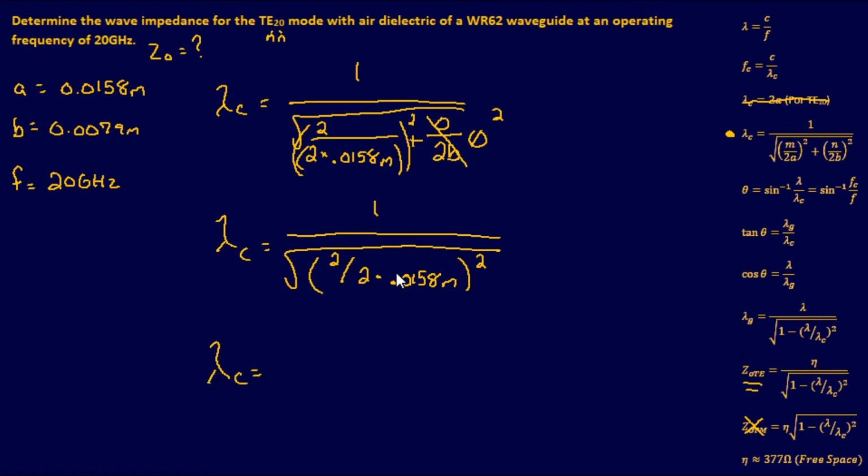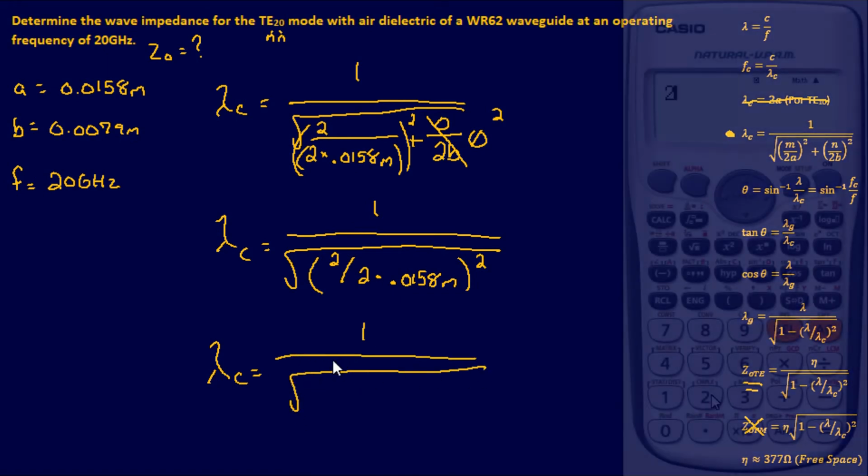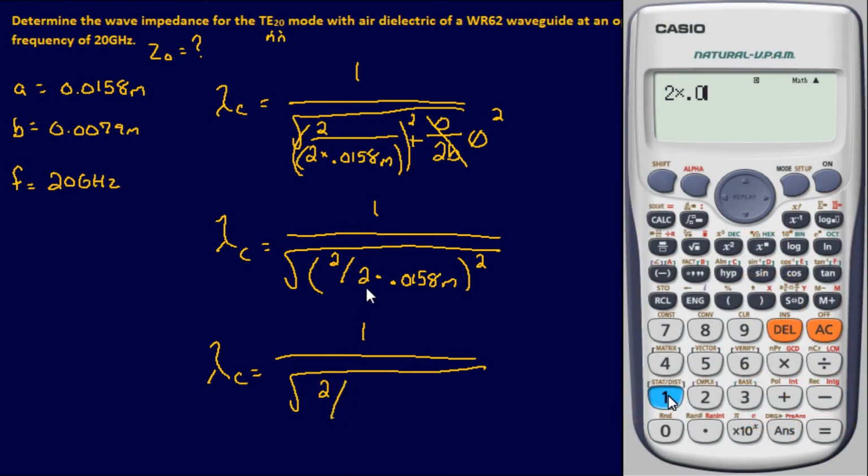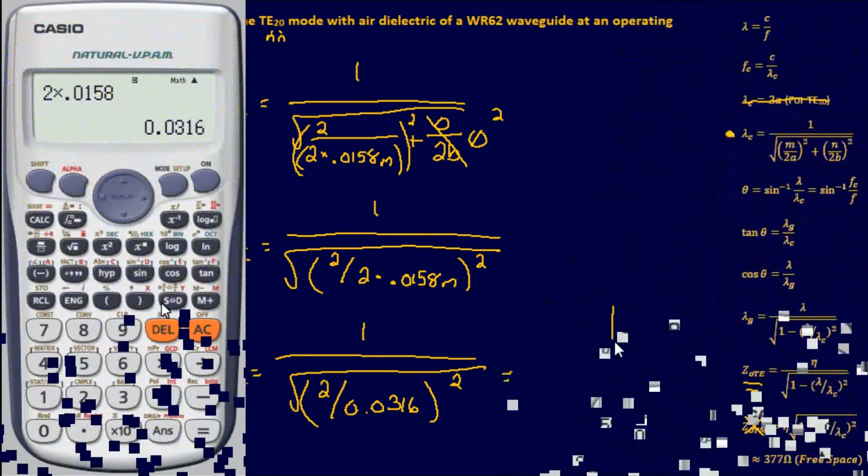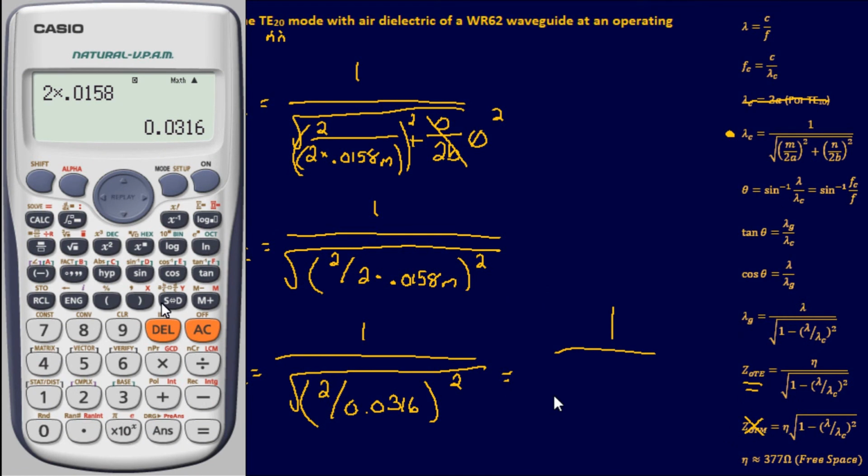If you plug and chug this in a calculator, it's going to give you 1 over the square root of 2 over 2 times 0.0158, which gives us 0.0316, close parentheses, square. And I might be able to do this one more time right over here. 1 over square root, and this is where we're going to have 2 over 0.0316. And that's going to give us